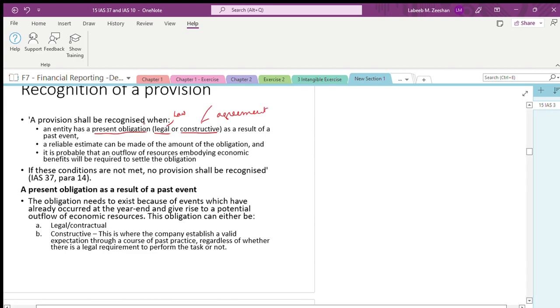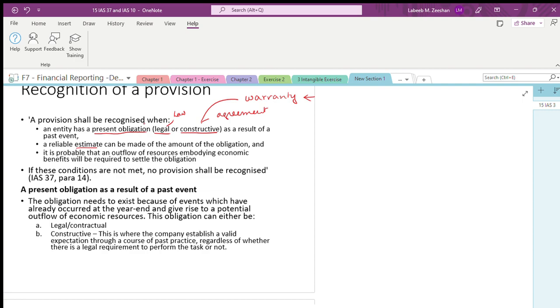Now, when we say constructive, you have warranty. Warranty is the constructive provision. Got my point? It means you are going to say that yes, if something happens to the asset, we are here to replace the asset for the next 5 or 6 years. You are buying a smartphone like an iPhone, they will give 1 year warranty. Then you will extend to another extended warranty. For that we have to make some estimates.